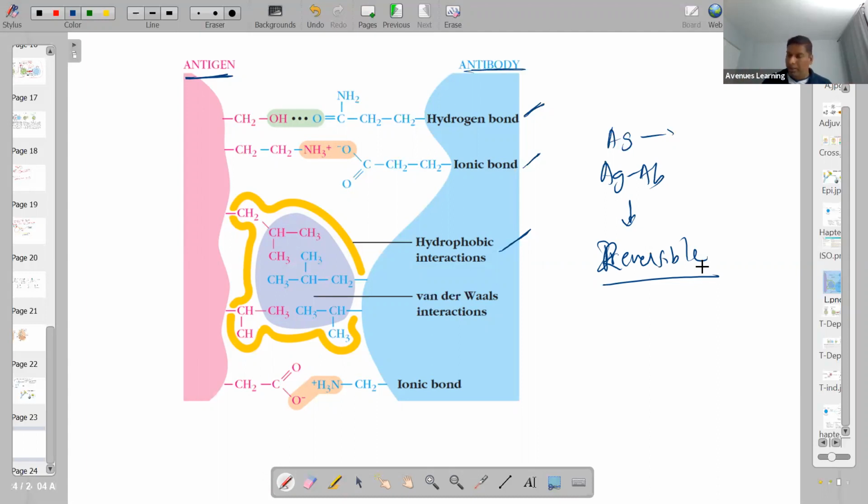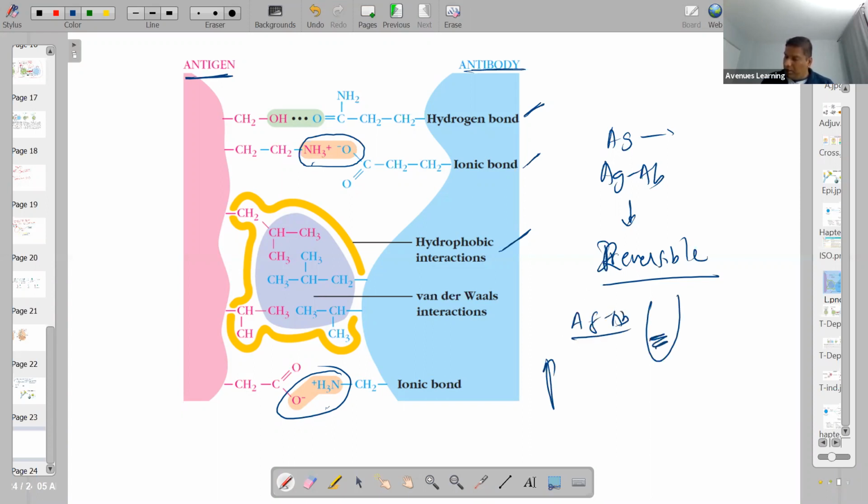So if you want to separate that, let's take this, let's say this is the only bond that is holding them together. I'm just giving you an example. Let's say this is the only bond holding these two together, and just ignore everything else. Let's say these are the two bonds which are involved in this interaction. So this amino group has a positive charge, and this amino group will also have a positive charge. So what will happen if I increase the pH? Let's say this antigen antibody is in